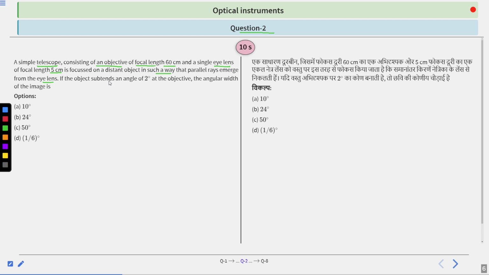If the object subtends an angle of 2 degree at the objective, the angular width of the image is what? So this question asks about the angular width